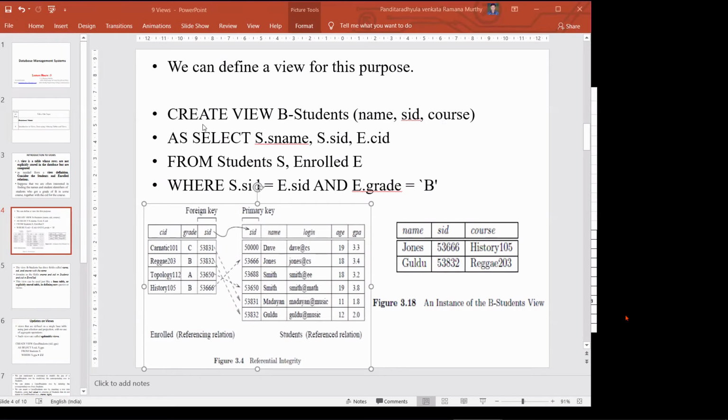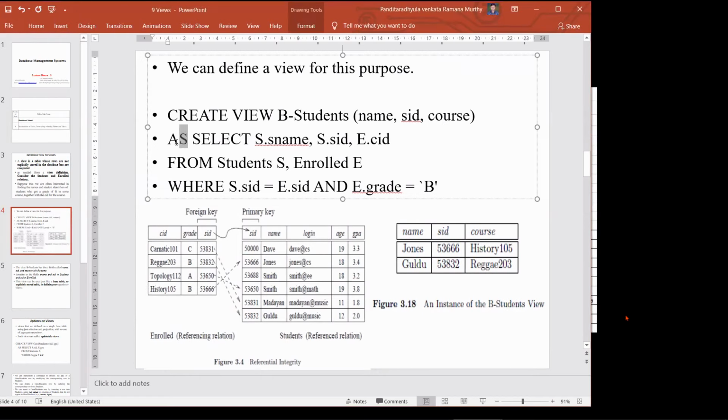We use the keyword as, and give a small select command. Previously we used select star from students, where the star gives all information. But here we don't want all; instead we want S dot SNAME from the student table, SID from the student table, and CID from the enroll table.